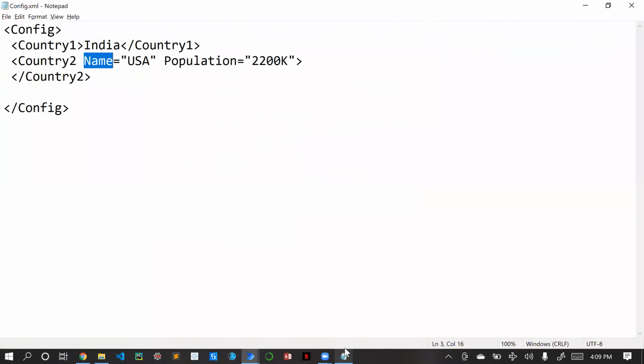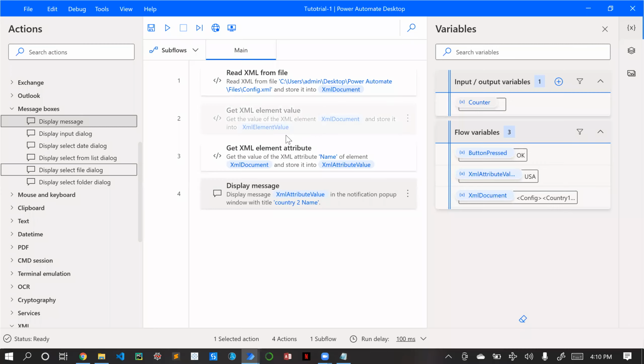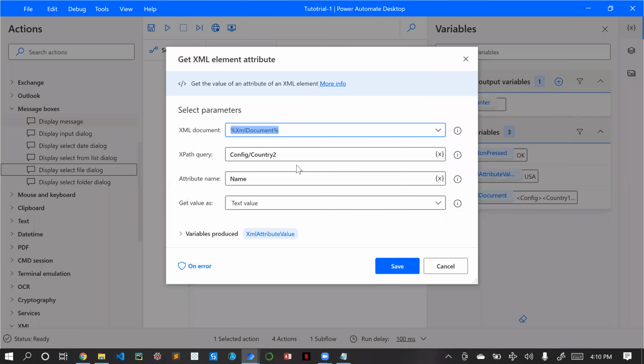That means now we have parsed this config tag. Inside that config tag, we have something called country2. In this country2, the element is null, but we have attributes like name and population. If you want to extract population, the same way, rather than name, you can give population as well.